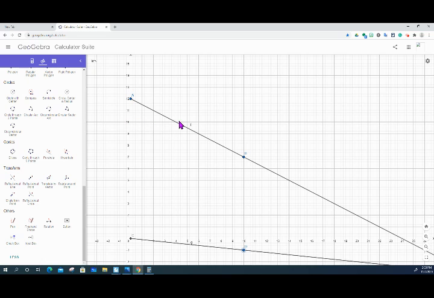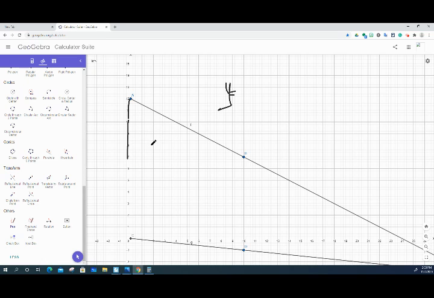At this point, it's 10 and 4. At this point, it's 7 and 10. So I'm getting lower and lower the farther I go. So this is what these equations look like. Y equals, I have a slope. I still have a slope, but instead of counting up, I'm going to go down